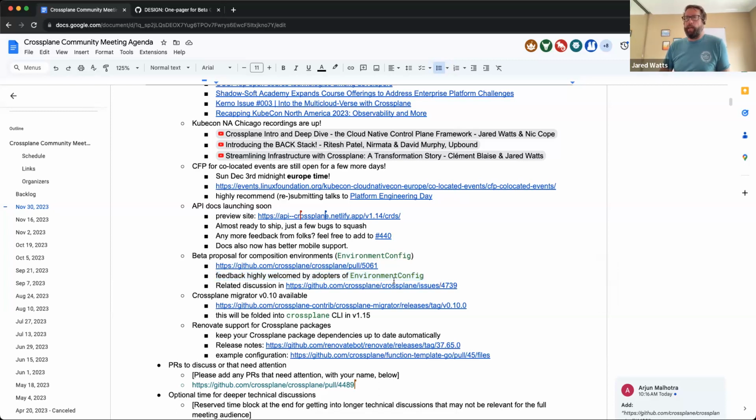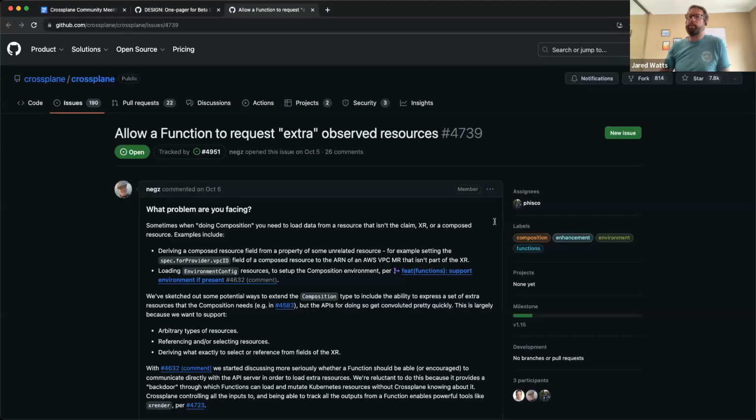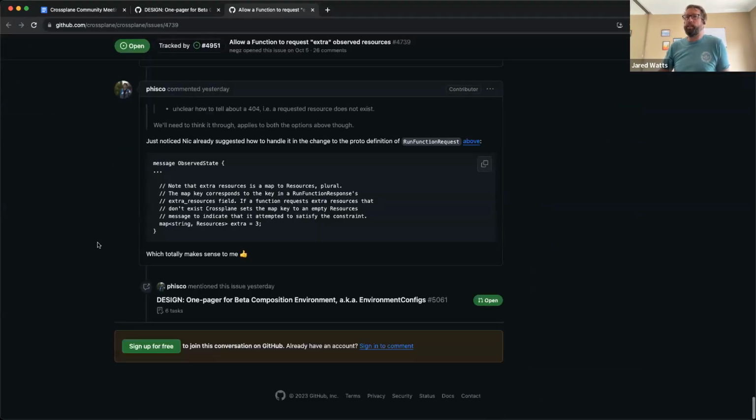So in a related spirit here, there is another issue that's kind of swirling around in the same theme, where functions are able to get extra data given to them for their execution. So you can think about it as configuration and data in the related environment that a function is running. So it's related to composition environments as a whole. So I wanted to plug this issue here as well.